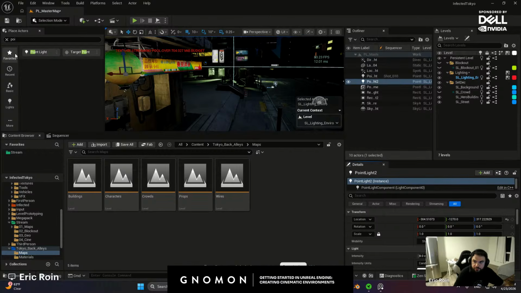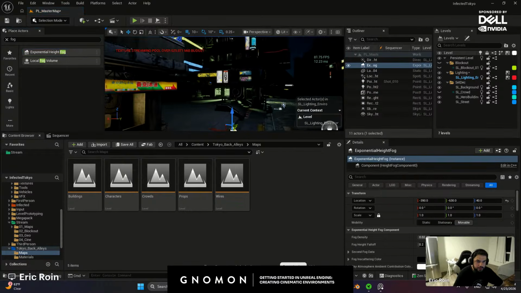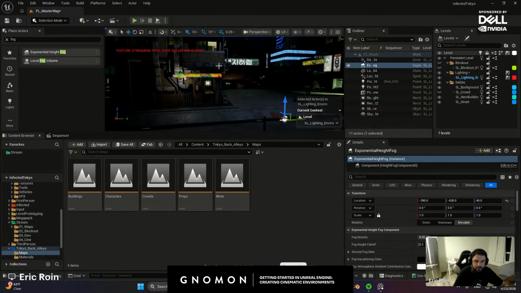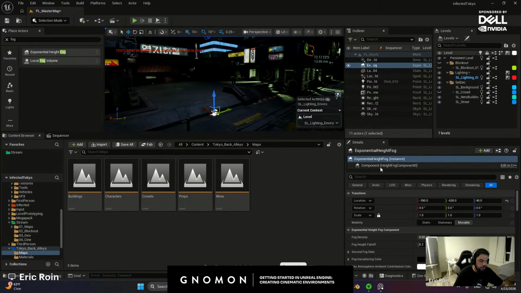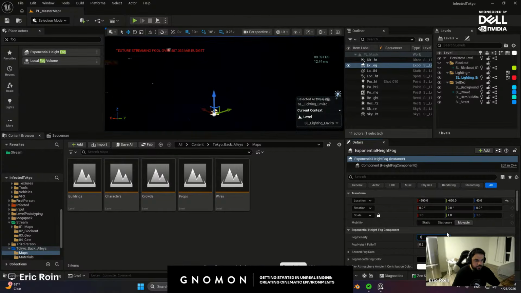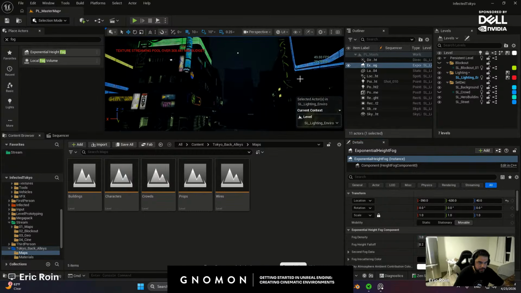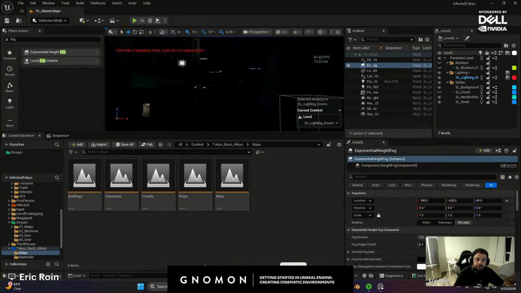Let's add some fog. So I'm going to search for fog and drop in the exponential height fog. Now this essentially allows us to give some sort of depth. We'll get back to this light in just a minute. I'm just setting up all the things we need. And as you can see, the denser it is, the foggier it becomes. Now, by default, you can see that the building in the background reads a lot better now, right? Before and after, before and after. It just kind of sets it in space.